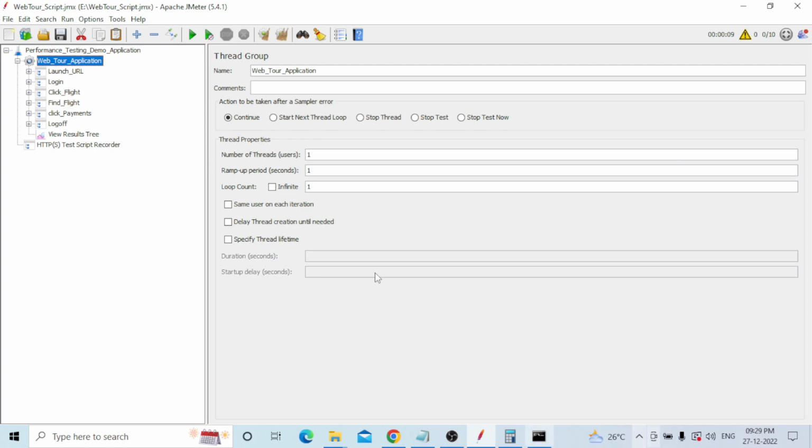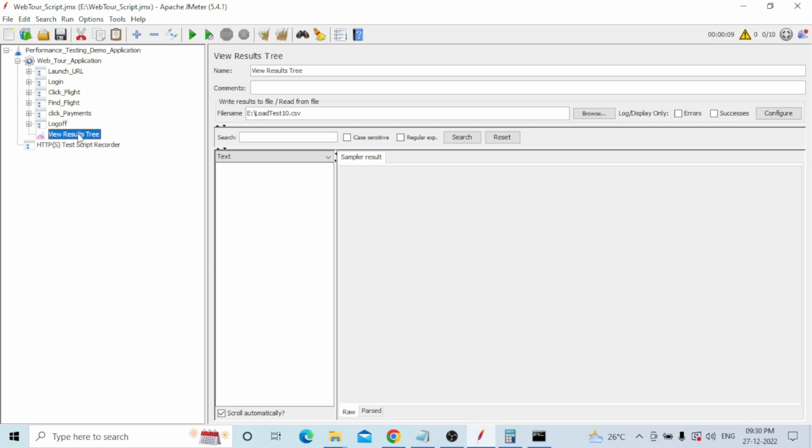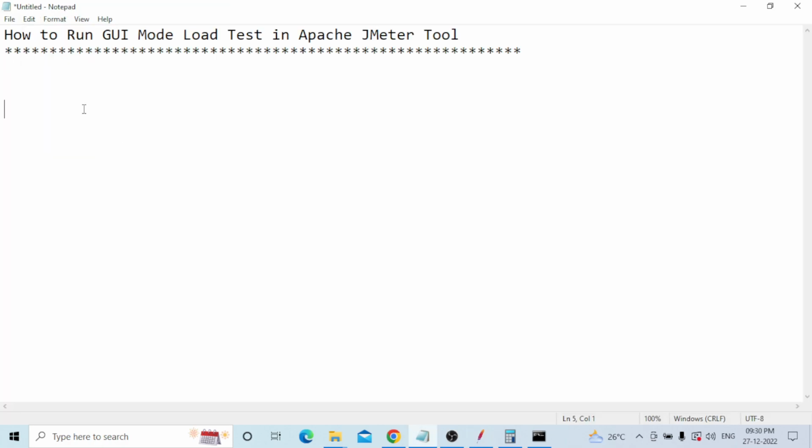Now you can find this. These are your transactions. First of all, the application is a performance testing demo, the performance testing domain, a web tours application. Transactions are launch URL, login, click find flight, click payments, and log off. I will add one view results tree generally. Now, first you need to run